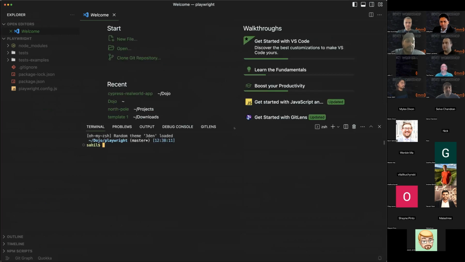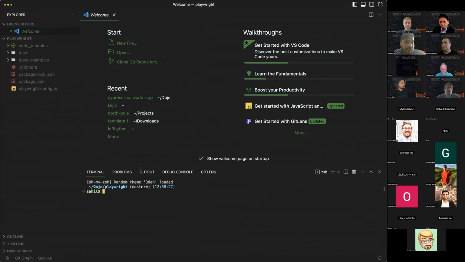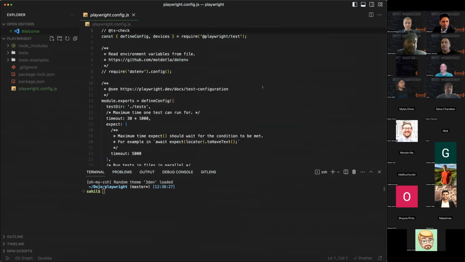All right, awesome. So as you can see, we have a few folders here. Package folders are obviously normal for your NPM projects. You have a test folder with some examples, and you have that config.js. So let's take a look at that config first. Config's at the bottom. Yeah.